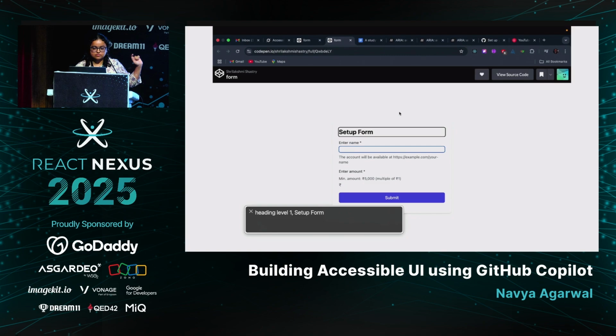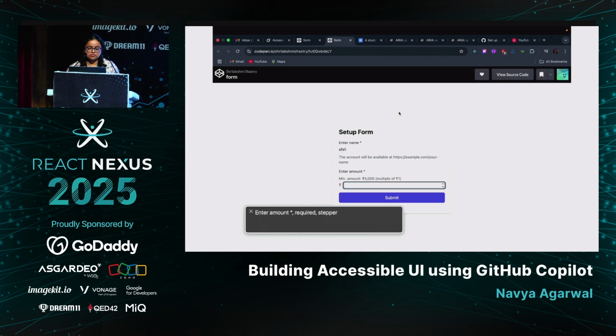For heading level 1, enter name star. Enter name star. The account will be available at https://example.com/your-name. Enter amount star. Min amount 5,000 rupees, multiple of 1 rupee. Indian rupee sign. Enter amount star required stepper.